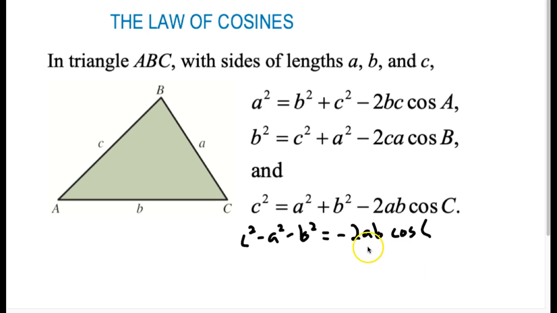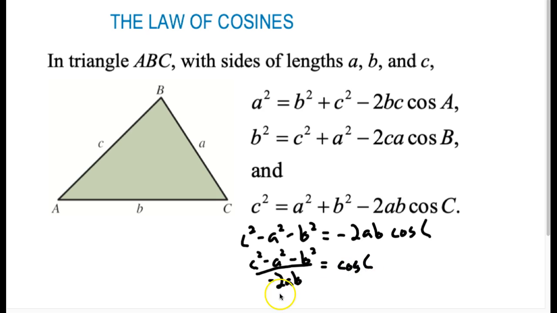Well, now I could divide both sides by negative 2ab and get c squared minus a squared minus b squared over negative 2ab equals